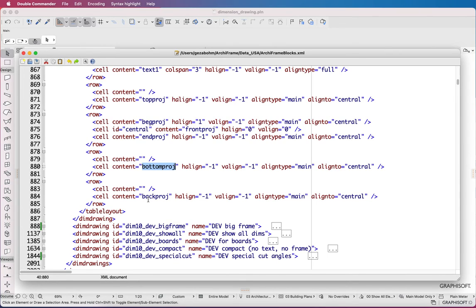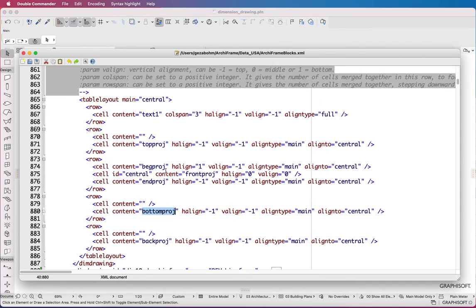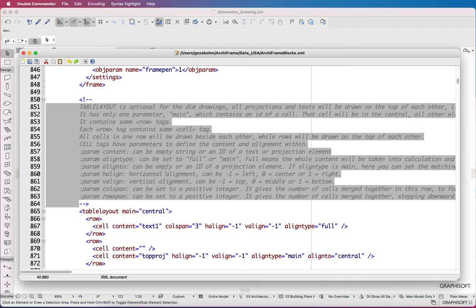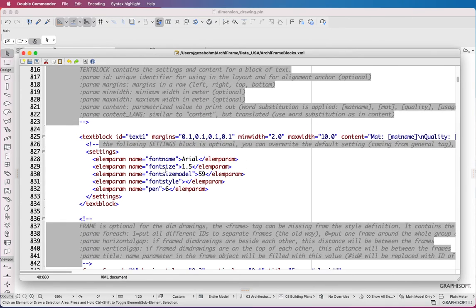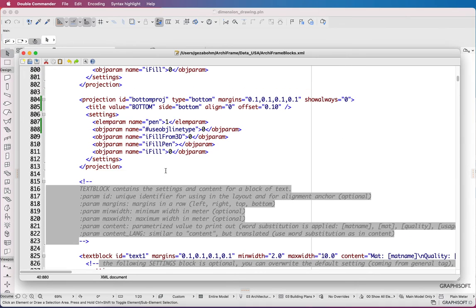Let's test some of these parameters in this style. I will change one projection. This bottom projection is actually not shown, but here I can make it display always. I will change the title a bit, so it's not bottom but lower.